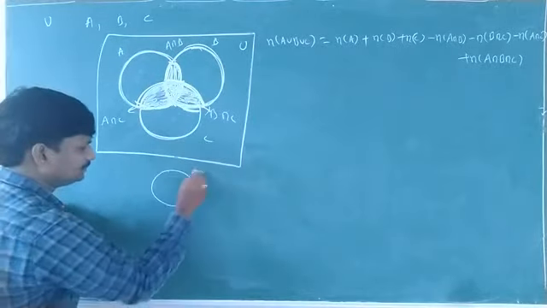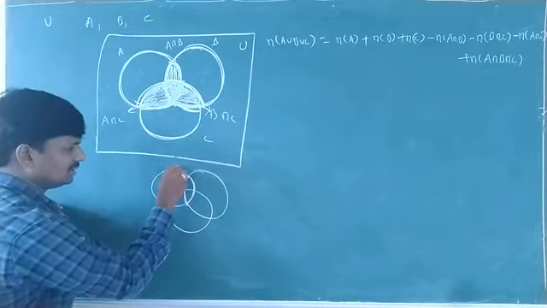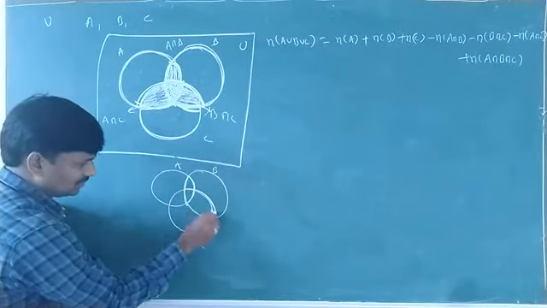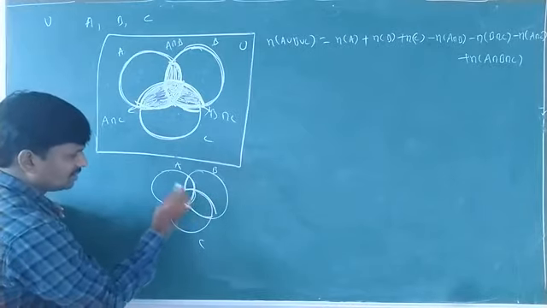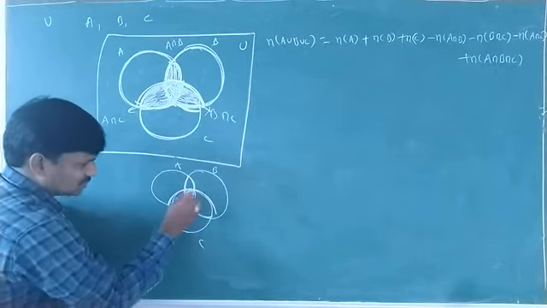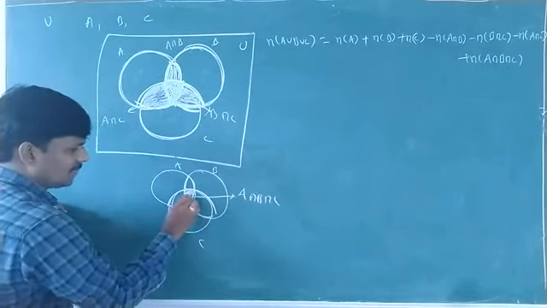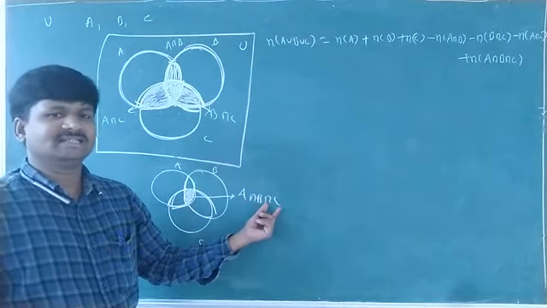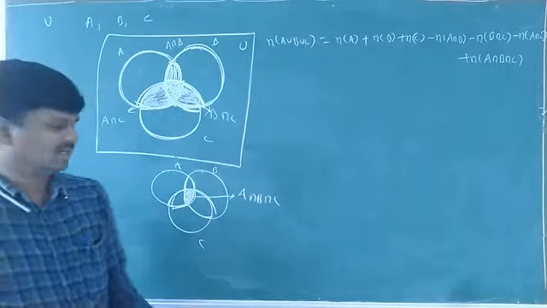See, I will write again here. Just see this shorter part, this A, B, C. This shorter part is A intersection B. This part, B intersection C. This part, A intersection C. What of this part? This part is in set A, set B, set C also. That means A intersection B intersection C. This middle part is A intersection B intersection C, the common elements of three sets, A and B and C. Are you understanding that? Remember this.